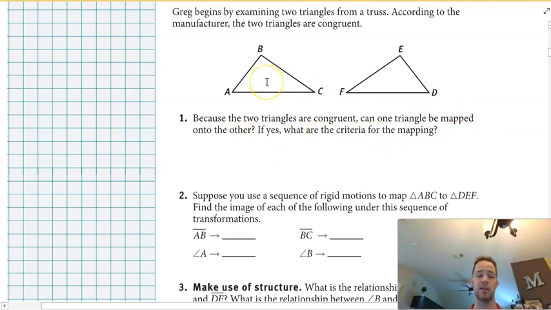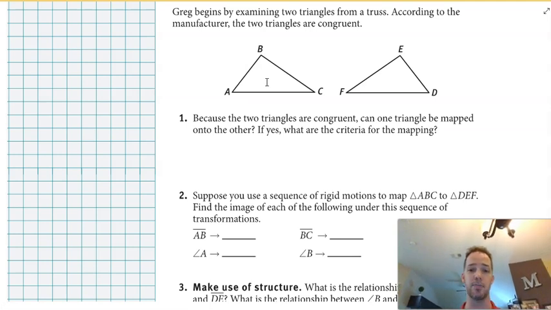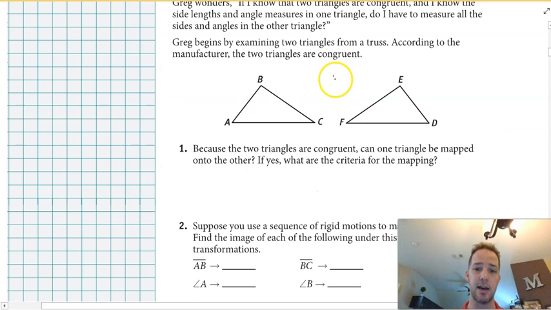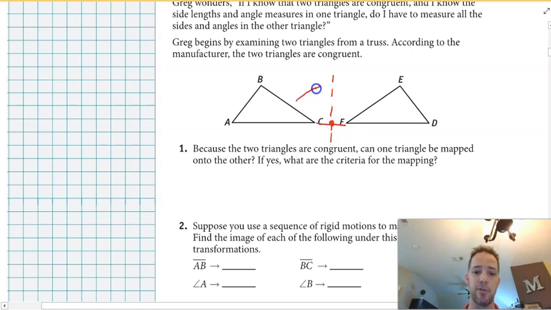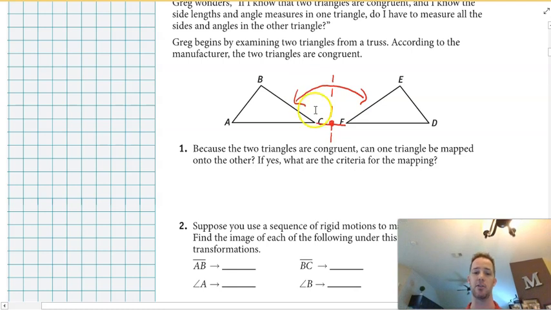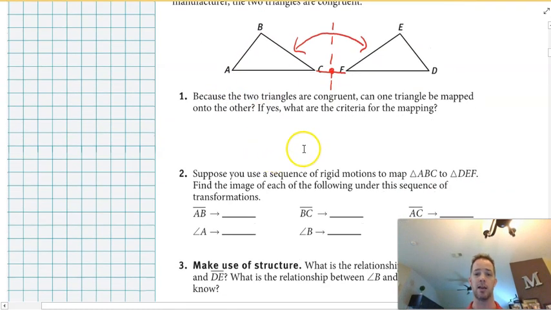So if they're congruent, then there has to be a congruency transformation to be able to map one onto the other. And most of you guys, I'm assuming, will be able to see that this could just be a reflection across a line perpendicular to CF through the midpoint of CF. So if I had a line going down here that was perpendicular to segment CF, going through the midpoint, I could reflect one triangle across and map it onto the other. So there's clearly a reflection that we could use for this one. Given that I could do a reflection,